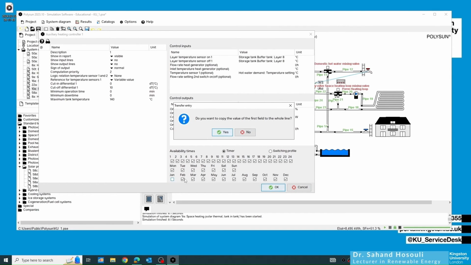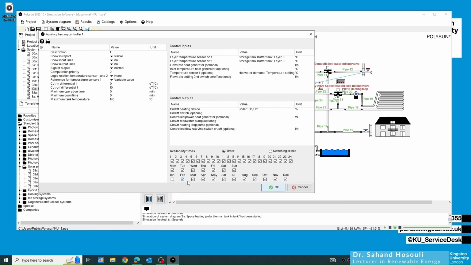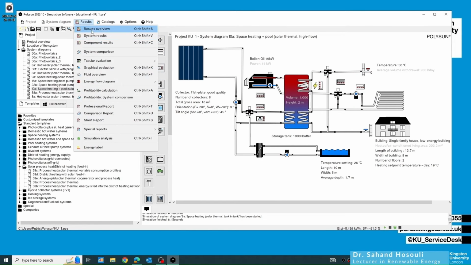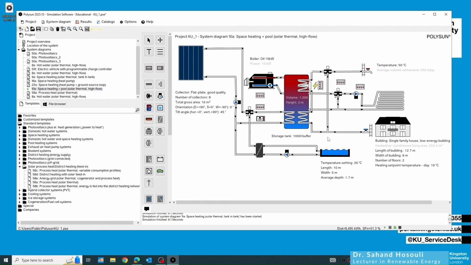It asks me if I want to copy, if I want to turn off also for the other ones. I say no, because I would like to maybe turn off for a couple of months and maybe leave it on in July. Now the system is going to work only in July and during the week, and if it's available. I click OK. And then I run the simulation and go to the system results,